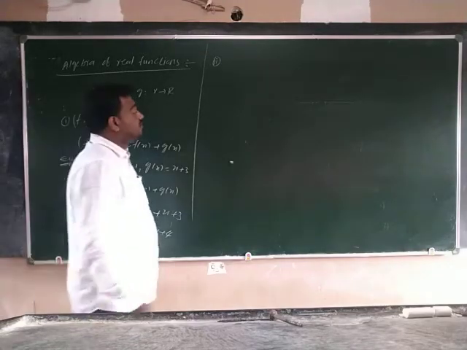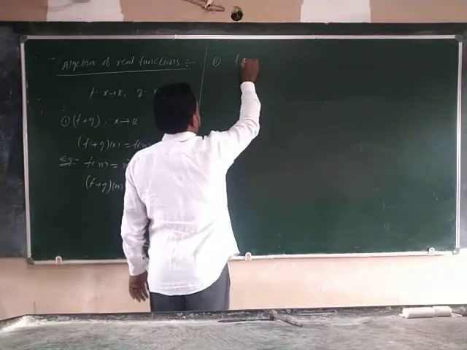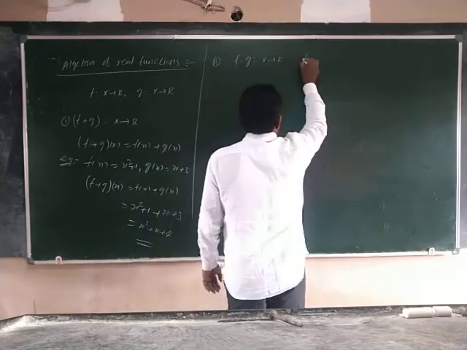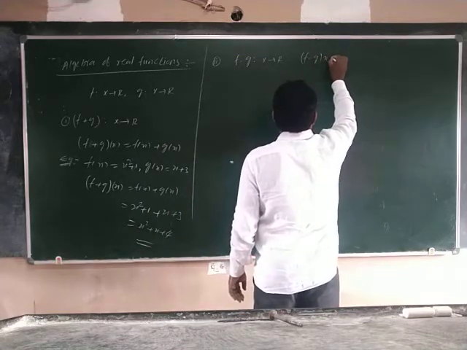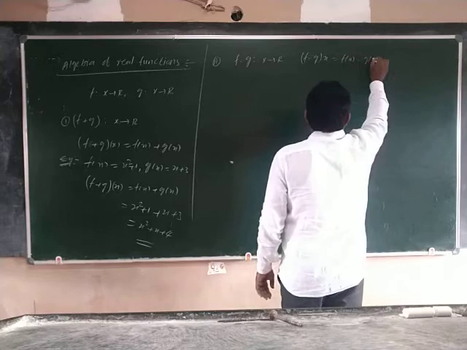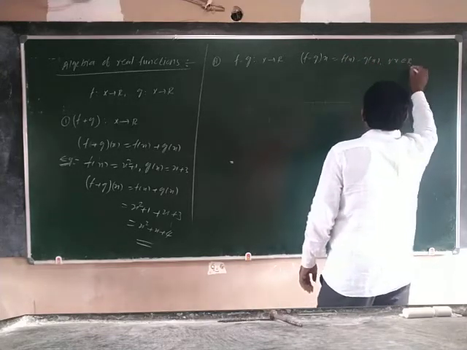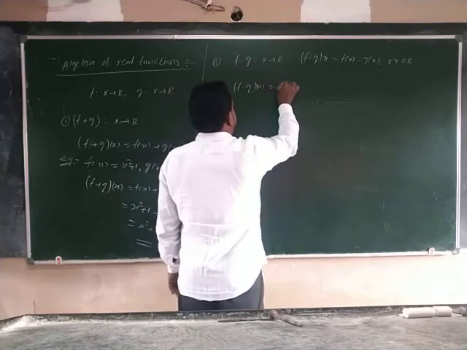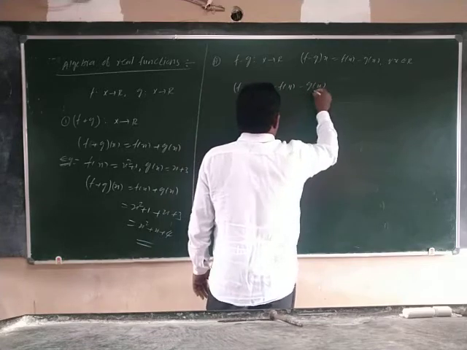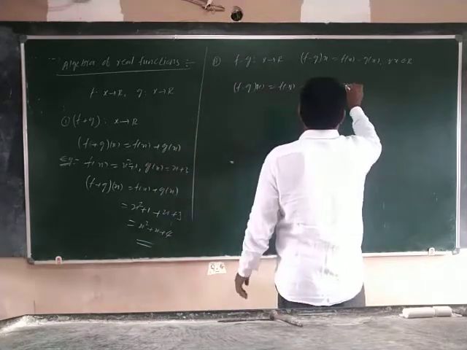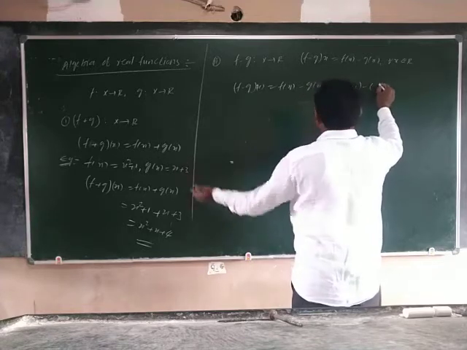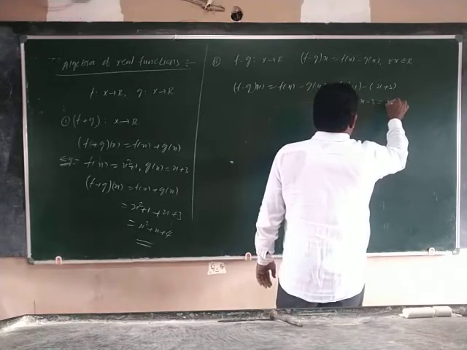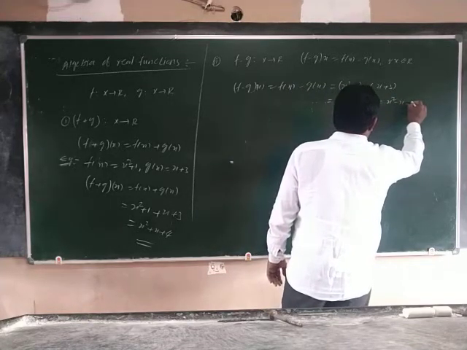Okay. So the difference of real functions. The difference of real functions is denoted by f minus g. It is also defined from X to R, by (f minus g)(x) is equal to f(x) minus g(x) for all x belonging to X. Take the same example. Here (f minus g)(x) is equal to f(x) minus g(x). That is x square plus 1 minus (x plus 3). So this is equal to x square plus 1 minus x minus 3. This is x square minus x minus 2, the answer.